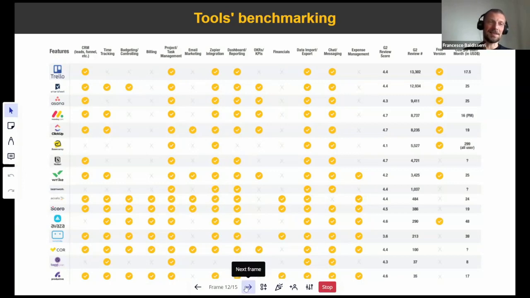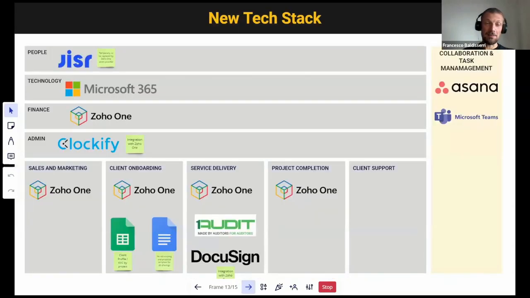Again, we try to leverage the existing tools most. We try to simplify and minimize the number of tools used. And once we select the tools, we try to be very deliberate and very systematic, so that we don't have to go through the same exercise again and again.